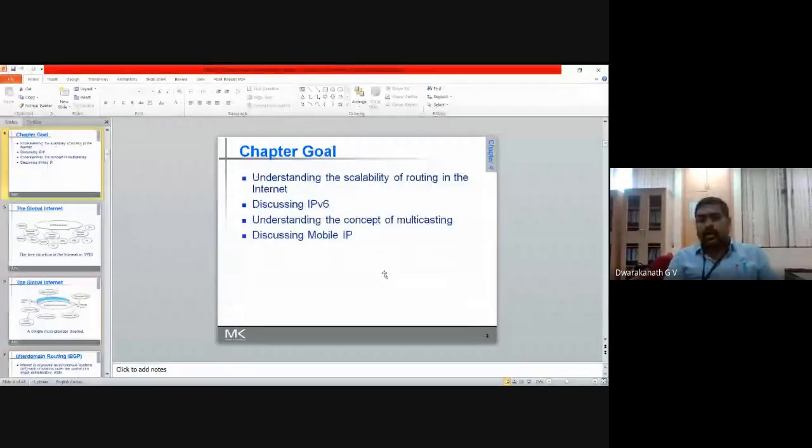What is the goal of this particular chapter? That is understanding the scalability of routing in the internet. What is this scalability word? Underline that. See, routing algorithms are there. How many systems can you add to the routing? That is very much important. Scalability means here